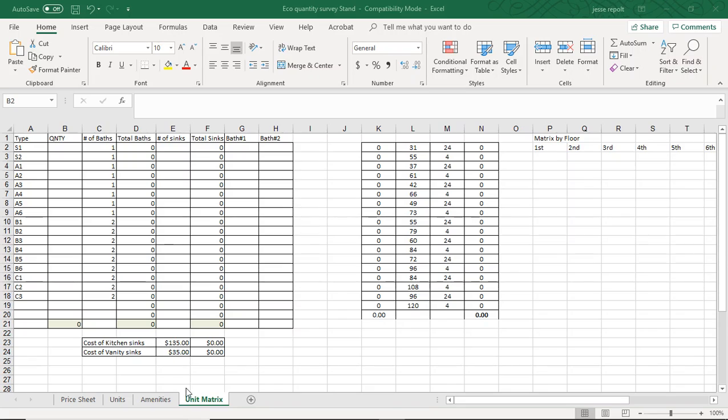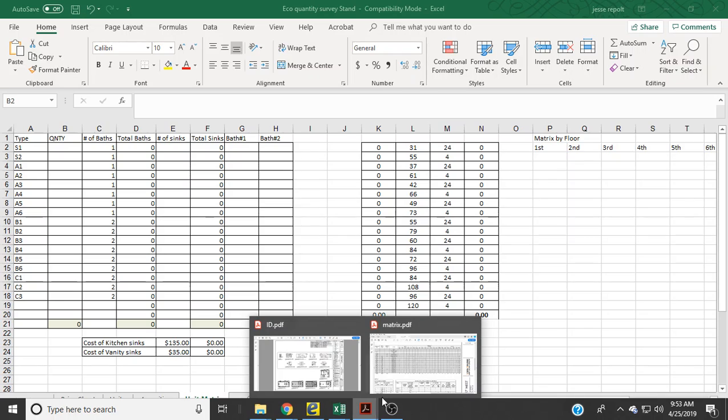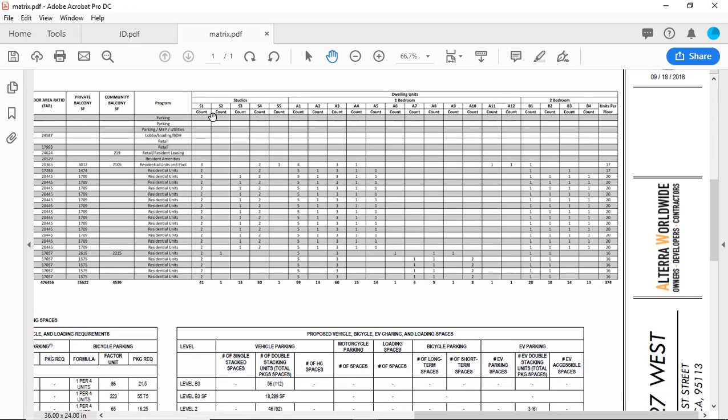So, I'm on the unit matrix part. Basically, this is just going to give us the quantity of kitchens, number of baths, and total number of sinks. So I got your matrix from Tower 27, and I'm going to copy in what units you have here. So S1, S2, S3, S4, S5, S1, and so on. I'm not going to go through it, but